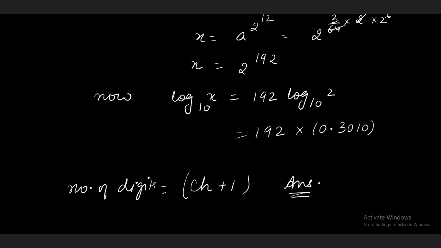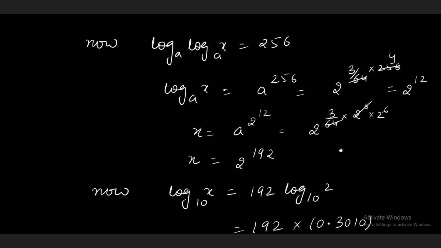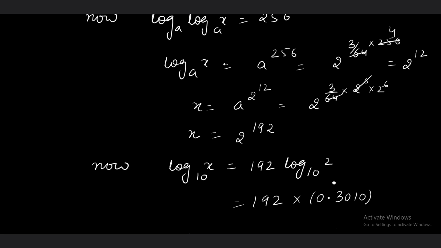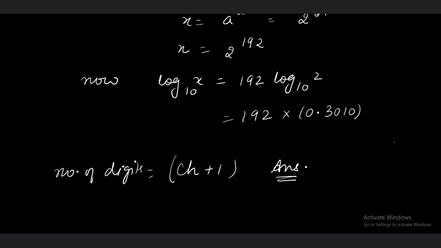तो आई एम जस्ट लीविंग दैट लास्ट पार्ट ऑफ द कैलकुलेशन फॉर यू पीपल. कंप्लीट इट एंड गेट योर आंसर. एंड आई होप यू रिमेंबर व्हाट इज द कैरेक्टरिस्टिक. डेसिमल के पहले जो भी लिखा हुआ आपको मिलता है, दैट इज गोइंग टू गिव यू द कैरेक्टरिस्टिक एंड रेस्ट इज ऑल मैंटिसा. सब कुछ पॉजिटिव है ना, तो इसीलिए क्विकली यू जस्ट गेट द कैरेक्टरिस्टिक, ऐड 1 टू इट, गेट योर आंसर. I hope the question is clear to everyone, and I hope you have enjoyed the calculation part